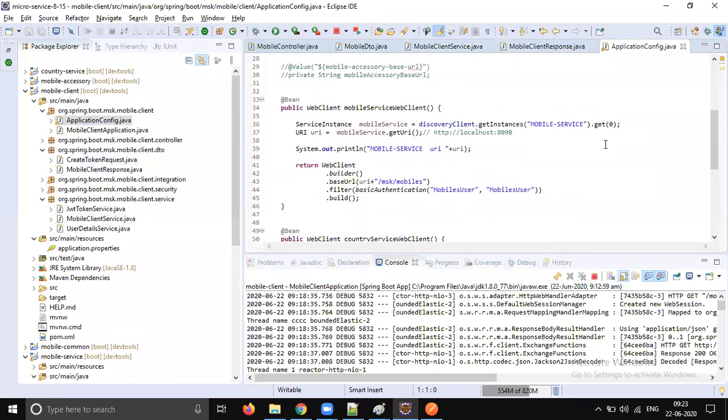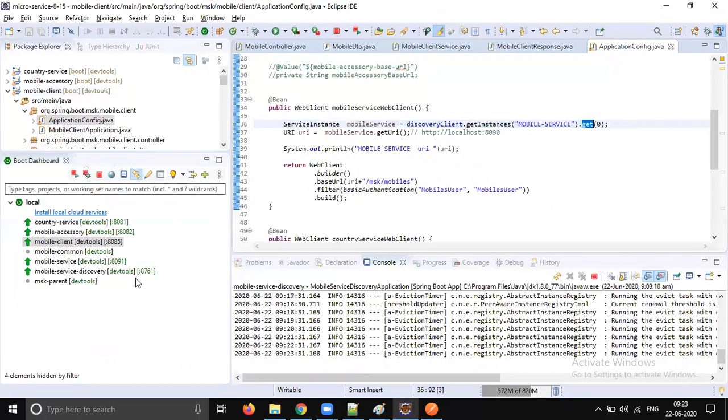Even though you have multiple instances created, as you are doing get of zero, all the requests are going to only one instance.